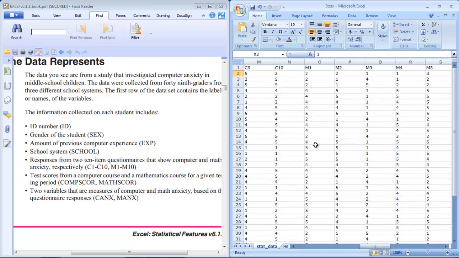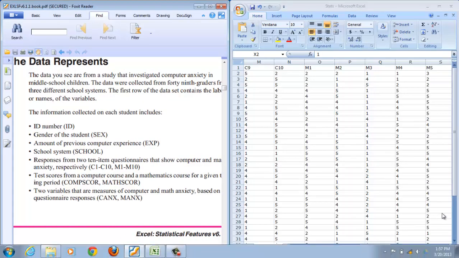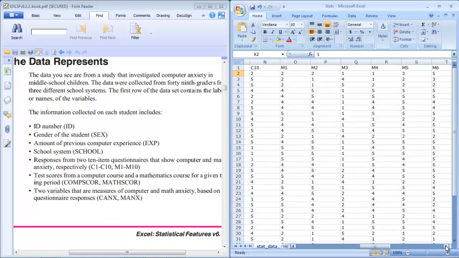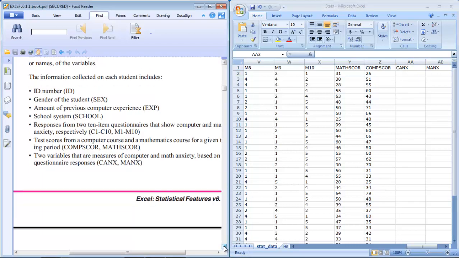Now, the test scores from the computer course and mathematics course are given for a given testing period. So after finishing with X, you have the math score column, and the computer score column is provided in Z2. Now, two variables that are measures of computer and math anxiety based on questionnaire responses are CA and MA, computer anxiety and math anxiety, which are variables that we are going to create by our own